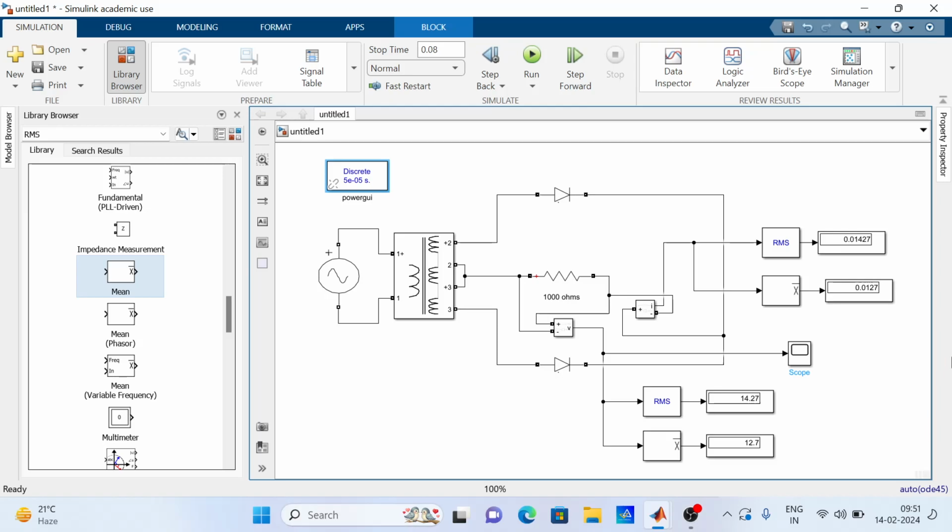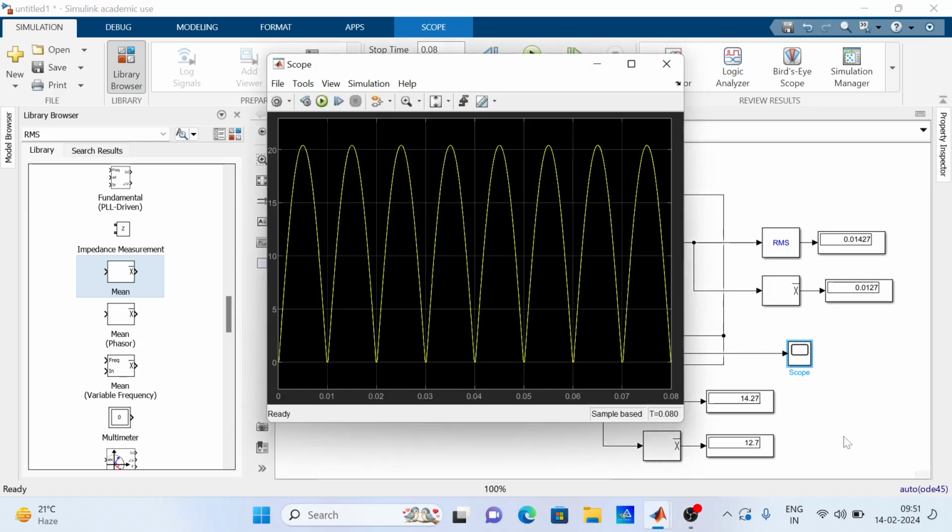So just double click on the scope. So this is your simulated output. You have the positive peak during the power transmitting, and negative peak, then positive peak again. So this is your output voltage waveform with a center tapped full wave rectifier. It's a full wave: you got the output in the positive and also in the negative. The full wave rectifier output.